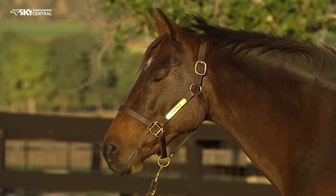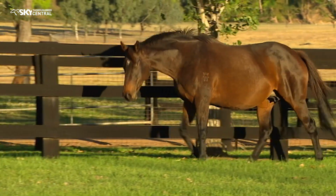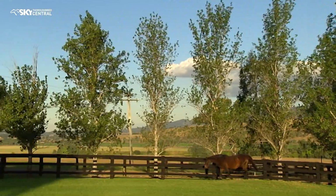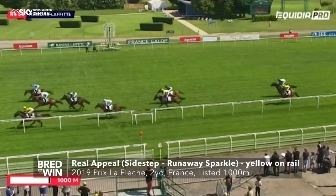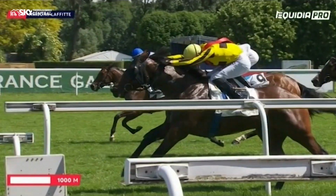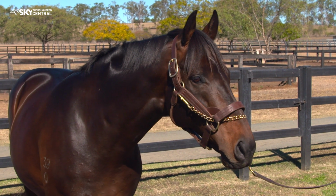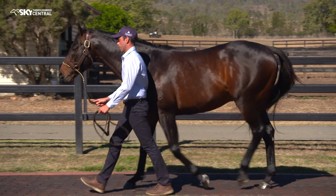Obviously, Dexterous is a massive blue hen for Godolphin to produce 3 Group 1 colts in her time span. That's one of the great advantages of these Godolphin stallions, and that's where we're so lucky to have a relationship with Godolphin and be able to bring these families to Queensland. There's no bigger supporters, or no one more excited about Sidestep than Darley, and yeah, the mares are coming up from Kelvin's side on the trucks, and it's just so exciting to think what's on their way and the quality of mares we're going to have to work with, and we all get to do it